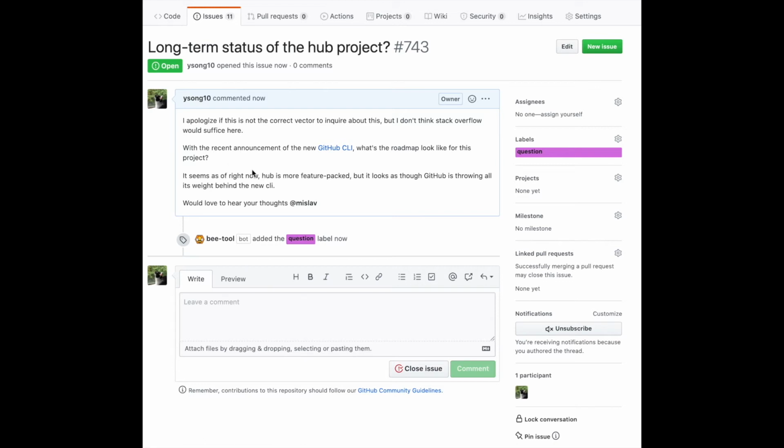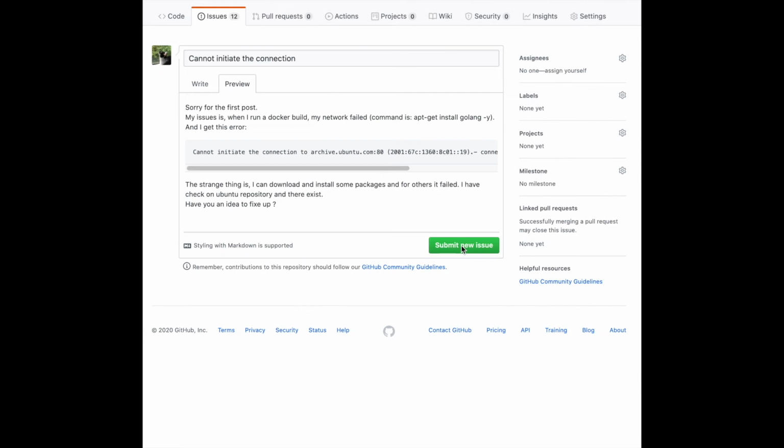As you can see, in this case, B identifies the issue as a question. Indeed, the reporter was asking some question. Because the issue is not a bug report, B will not further analyze this issue. Now let's look at the next